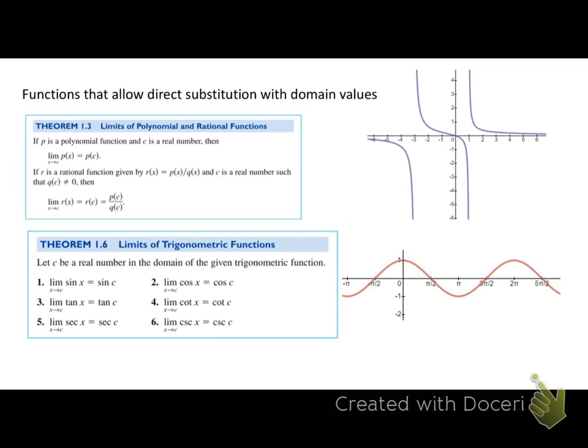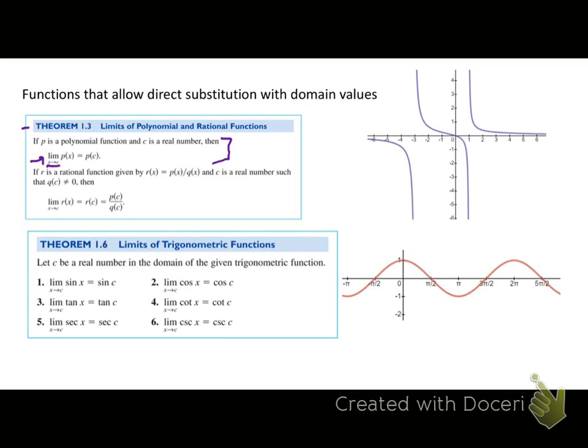On the next slide, we have some theorems from our book and when we can use direct substitution. Theorem 1.3 is talking about the limits of polynomials and rational functions. The first part says if we have a polynomial function and c is a real number, then the limit of p of x as x approaches c is equal to p of c. So basically what this is saying is if you think about any polynomial, a linear function, a quadratic's parabola, a cubic, a 4th degree, 5th degree, 6th degree, 7th degree,